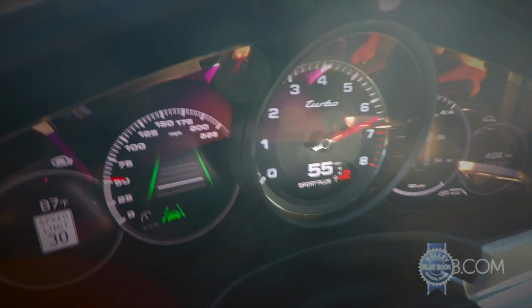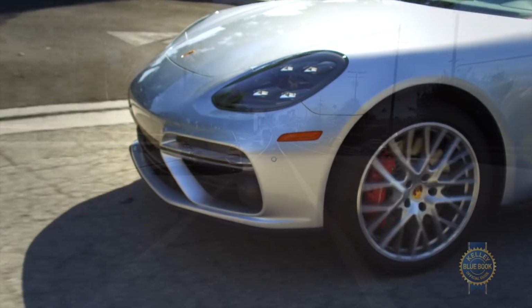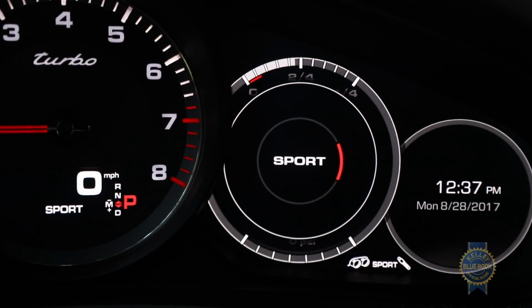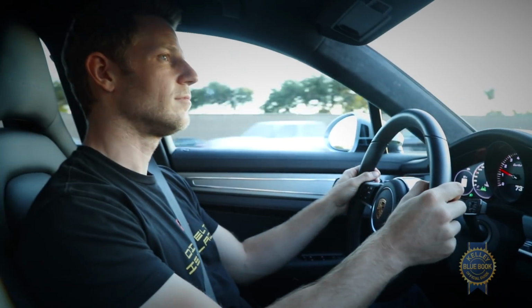That lag is surprising since the turbochargers sit adjacent to combustion chambers in the middle of the cylinder banks, but it really only appears when you suddenly mash the throttle. On that note, Sport Mode sharpens throttle response, among other vehicle settings, but for even quicker reactions, look to the